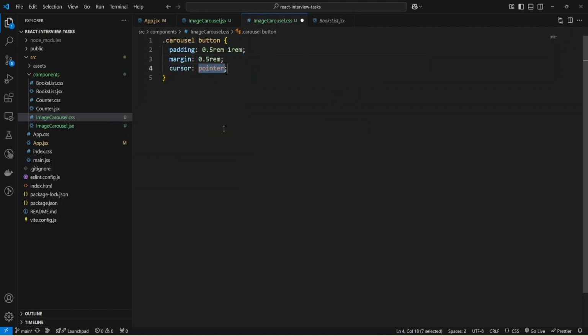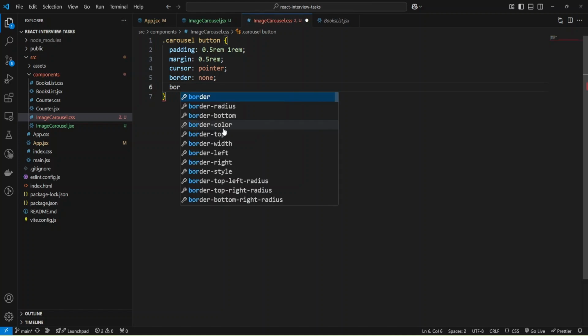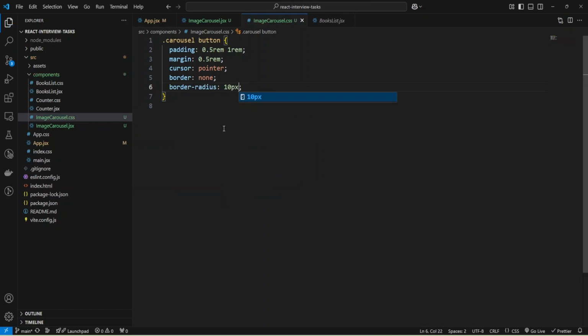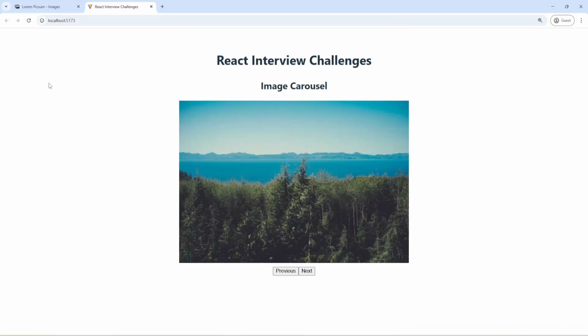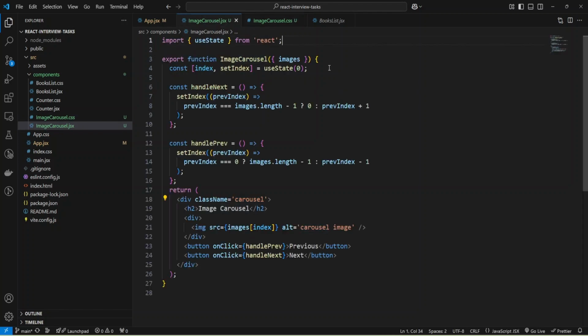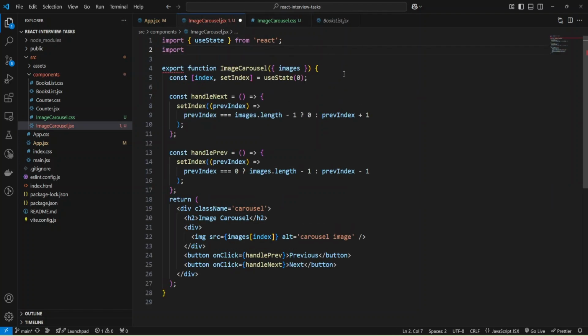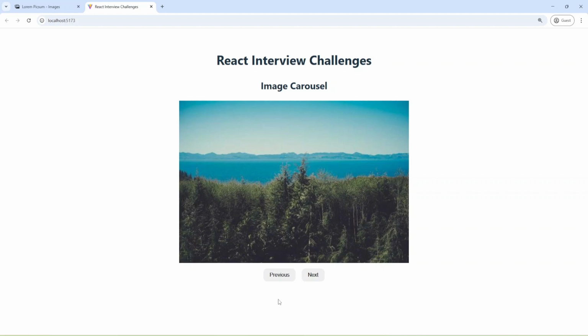Also make the cursor pointer, remove the border by making it none, and add a border radius of 10 pixels. I'm going to refresh, and let's check. I forgot to import my styles, so let's import ImageCarousel.css. Let's check again, and as you can see, our styles were added.